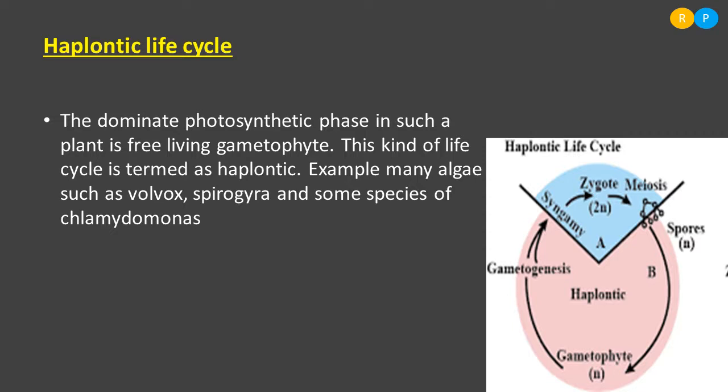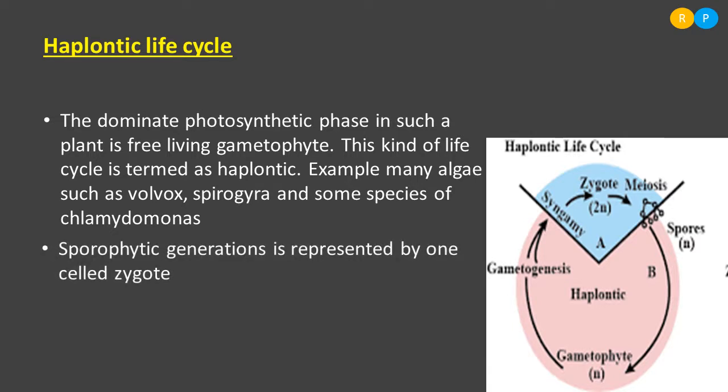So the gametophytic phase in the algae is free living and photosynthetic. And that plant, that means a gametophytic plant, produces gametes by mitotic division, because the main plant in the algae is itself gametophytic. It consists of only one set of chromosomes. So during gametogenesis, just observe the life cycle there.